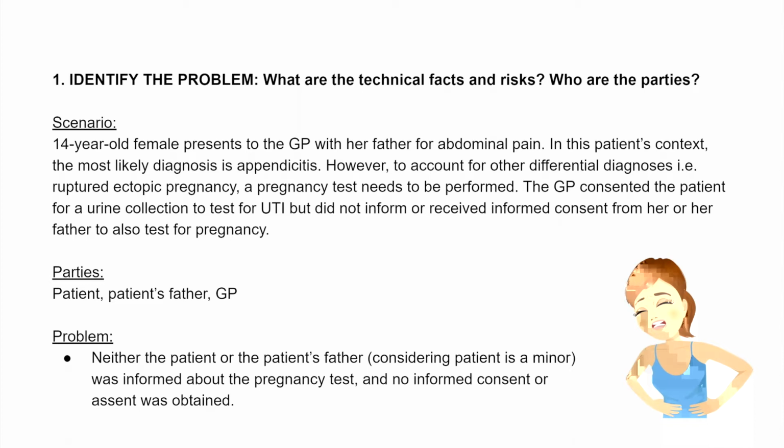The most likely diagnosis was appendicitis, but to account for other diagnoses, such as a ruptured ectopic pregnancy, a pregnancy test needed to be performed. The GP consented the patient for a urine collection, but didn't ask for consent for the pregnancy test. The parties present were the patient's father and the GP, and the problem was that no informed consent was obtained